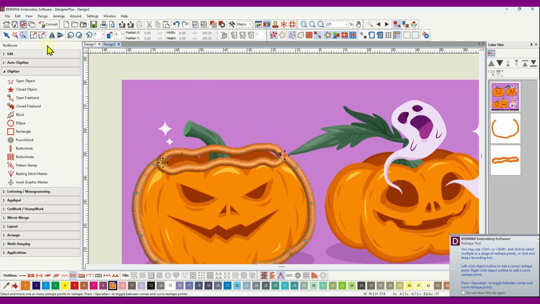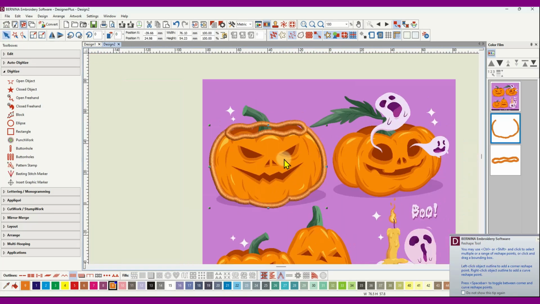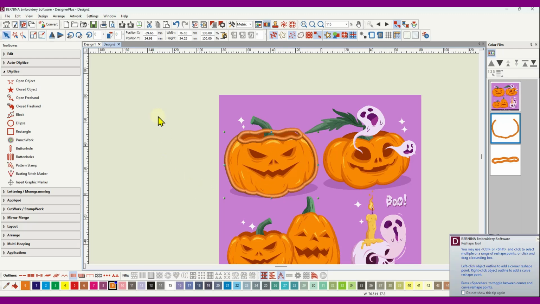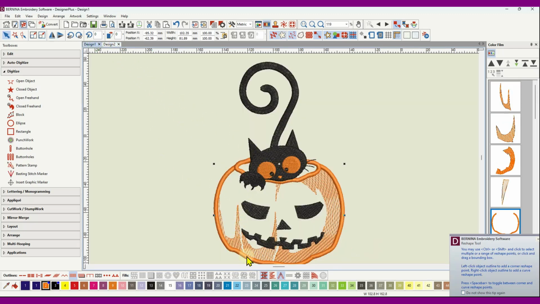That's all good there. I'm okay with that. Now, if we look at my design, you can see this shading effect. And I did that with a closed step fill, but I took out the underlay and I opened up the